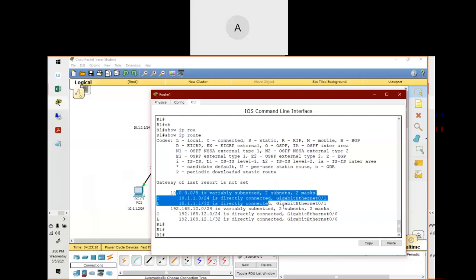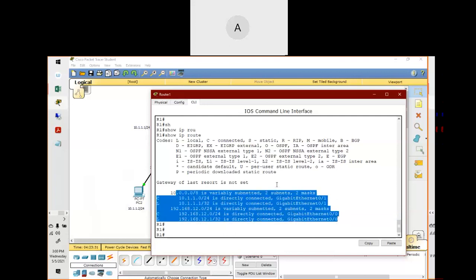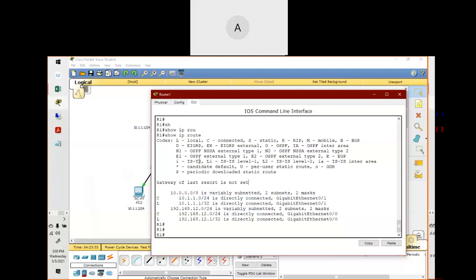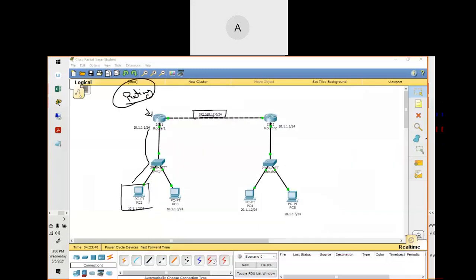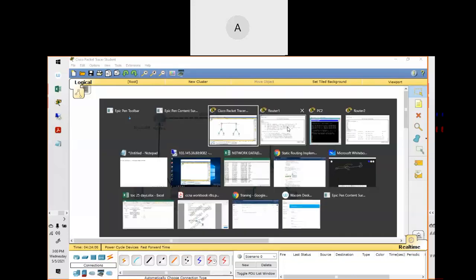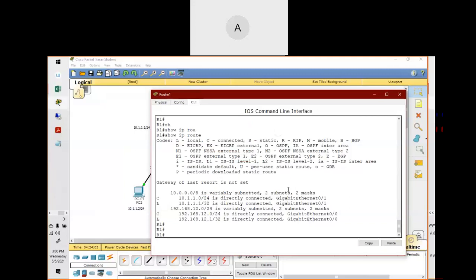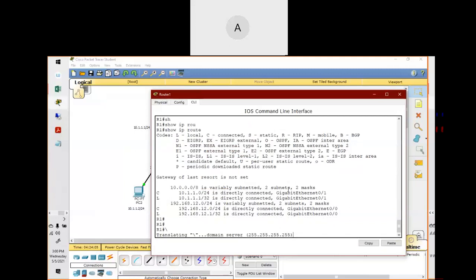So this routing table doesn't have 12.2. That is the reason this router is dropping the packet, right? Yeah. So basically, guys, always remember whenever a router receives any packet, it always looks at the routing table. If the route is available, then okay. If the route is not available, then not okay. It will directly drop that packet. So now let's perform static routing.